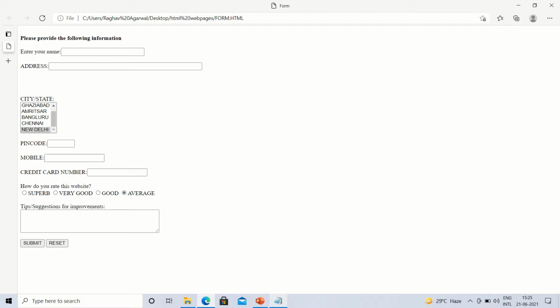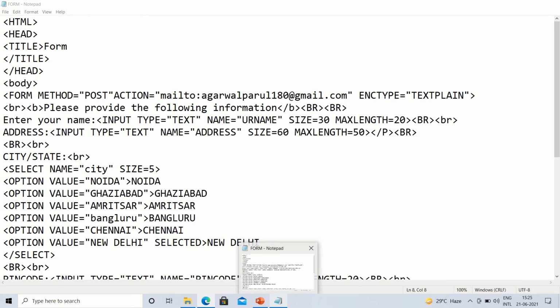So this is a text which is getting displayed over here, and after giving this text, we have the next line, enter your name. When we want to enter the name, we will give the text in the simple way. After that, we will give input type is equals to text, because we want to enter text here. So what input type are we setting? Input is the tag name, type is the attribute, text is the value. So text we want to enter, so we have given name is equals to yourname.